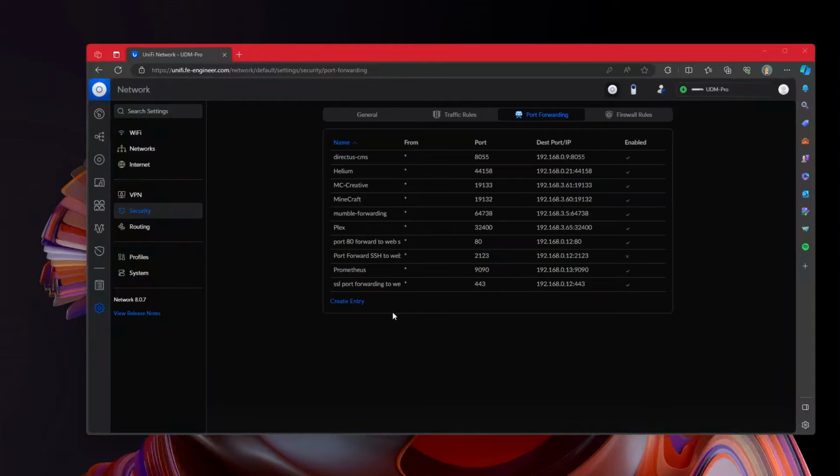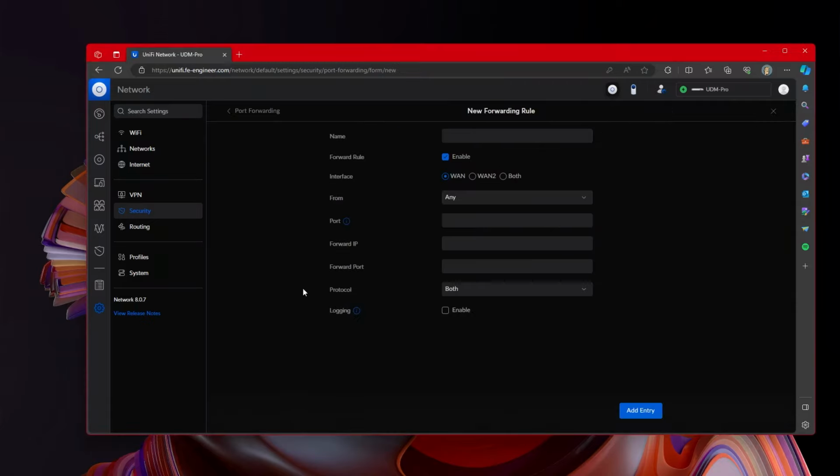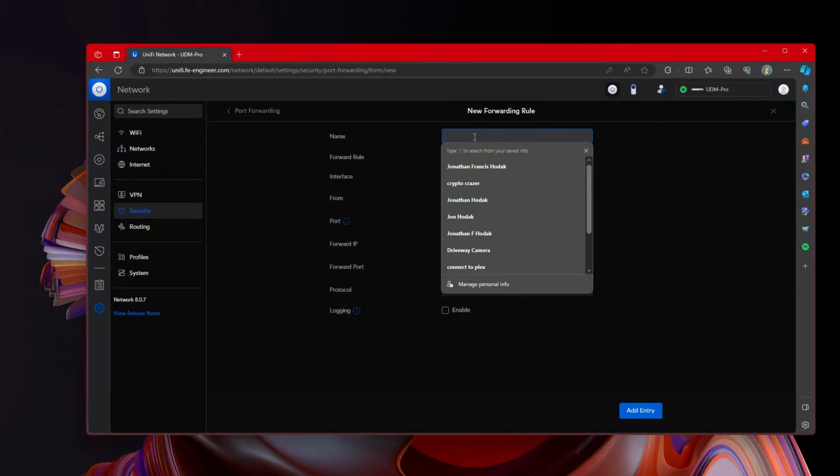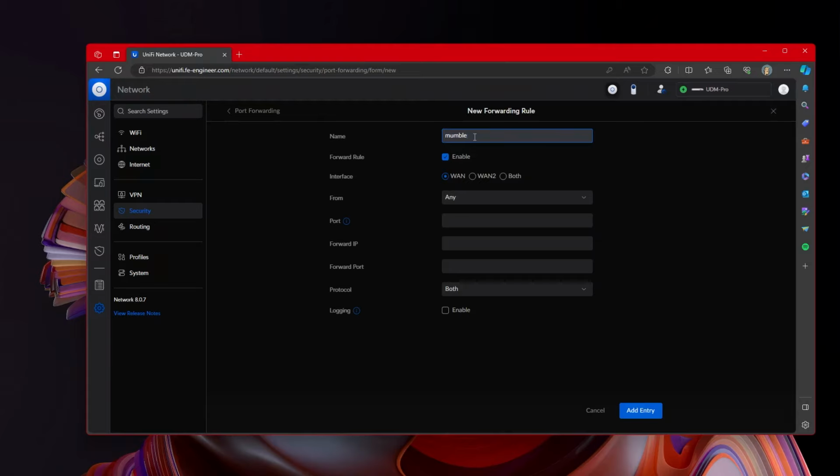So in order to set up our port forwarding, we're just going to create an entry. We're going to give it a name. I'm going to call it Mumble FE forwarding. I'm going to go ahead and enable this rule. I'm going to set it for all of my WAN ports. And then